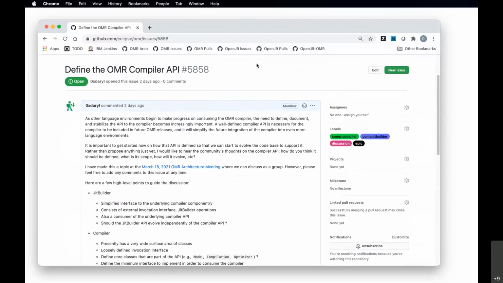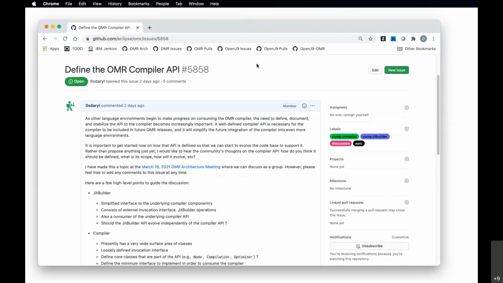One is, as the number of projects that are consuming OMR starts to grow, it's not a huge number right now, but certainly there are a few projects in the works. At some point, these projects are going to want to consume OMR from the wild, so there's going to be some expectation on the stability of the OMR that they're consuming.